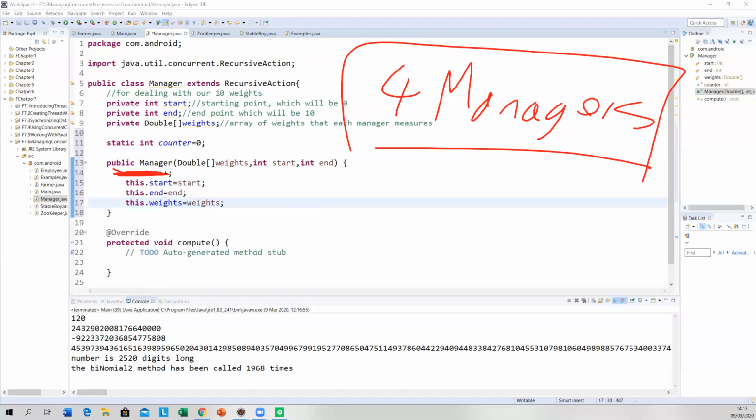Now, so now we have the compute method. Previously, when we go back to here, when we're doing recursion, we saw that you have to have an if and an else when you have a recursion. So the if is the base case. The else is what you do if it's not the base case. Yes.